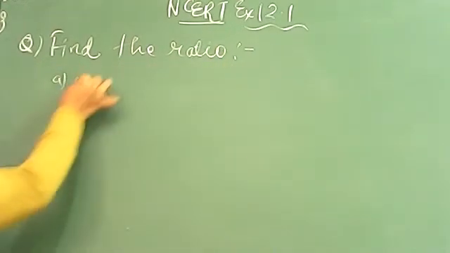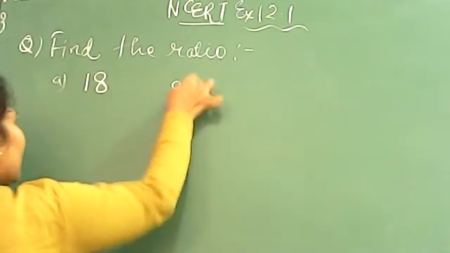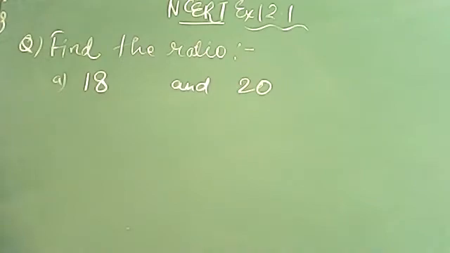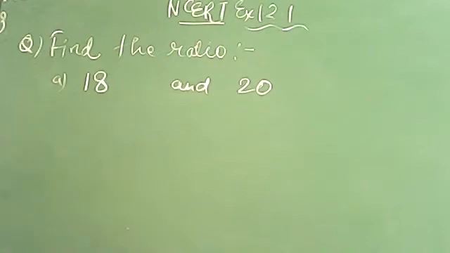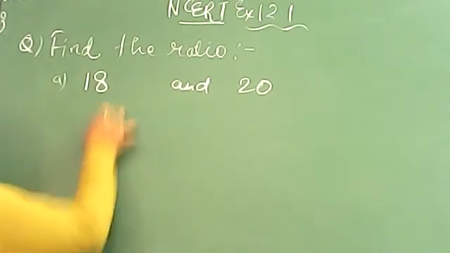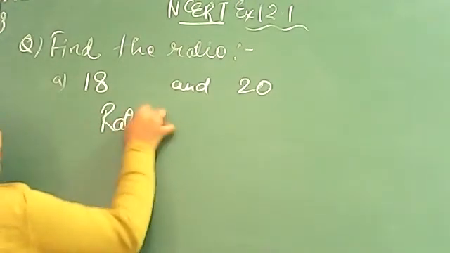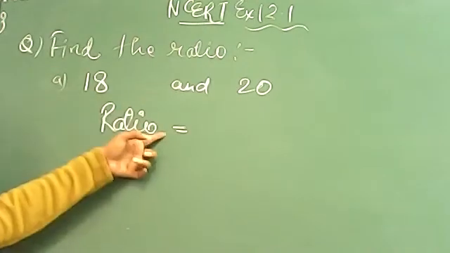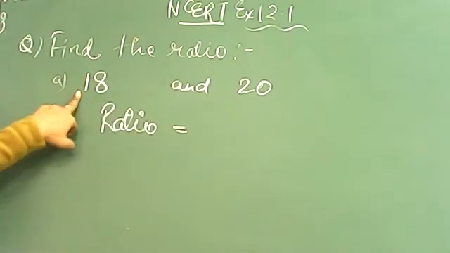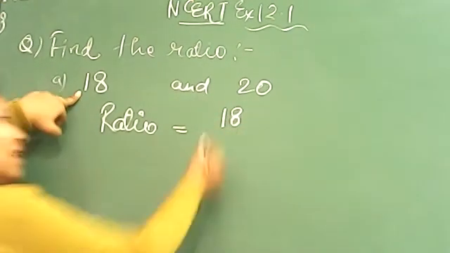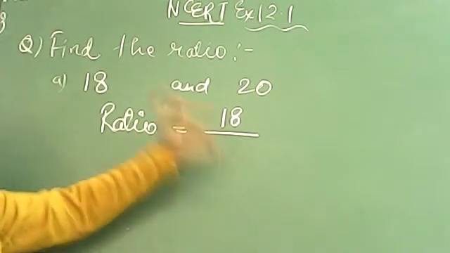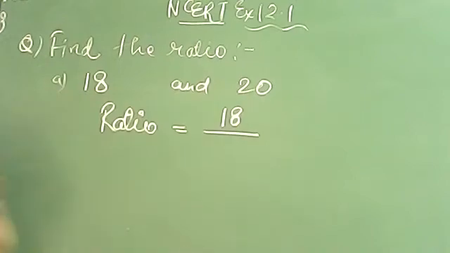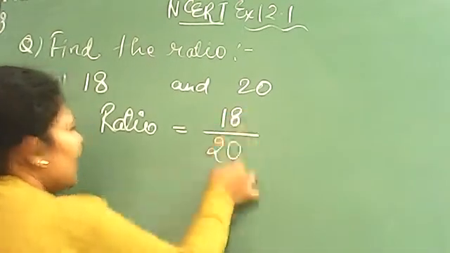Suppose the question is only that you have to find out ratio between 80 and 20. No unit, nothing is written, just there are two numbers. So if you have any two numbers, how will you find out ratio? Please remember the method, beta. Ratio is equal to the number which is written first will come up, then division, because I have told you comparison is with the help of division. So this is division. The second number here is 20. So this would be 80 by 20.